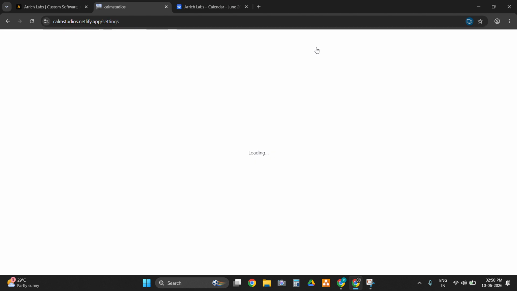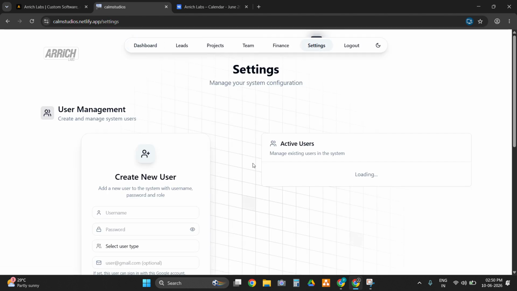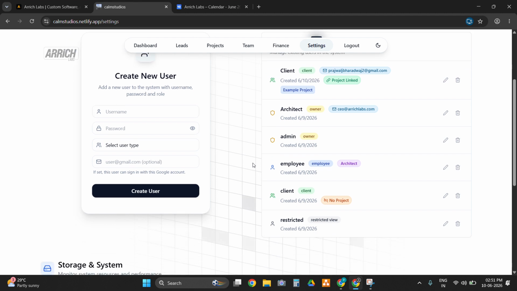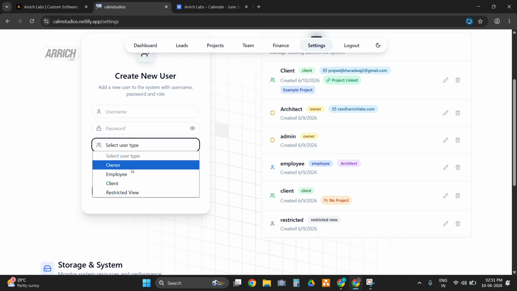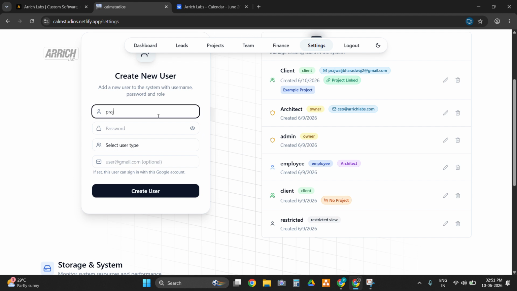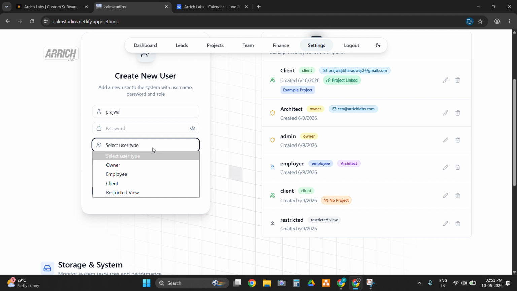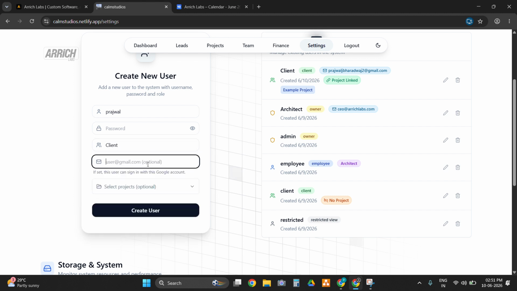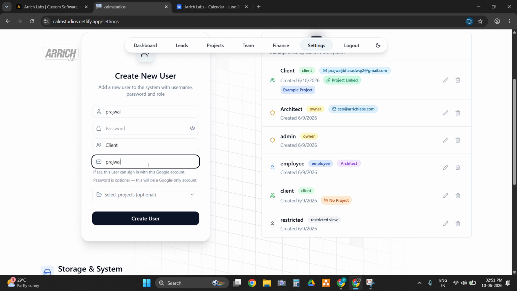And also, just to show you how we create a user for Google OAuth authentication, we put in the username here, okay? And then we click on the user type, whether they are owner, employee, client, restricted view, and so on and so forth. Let's just say casual, select the user as a client, and I'm just going to type in my email address, casual.eric at gmail.com. I'm going to leave the password empty because the sign in is via